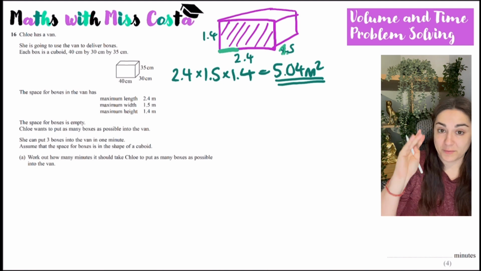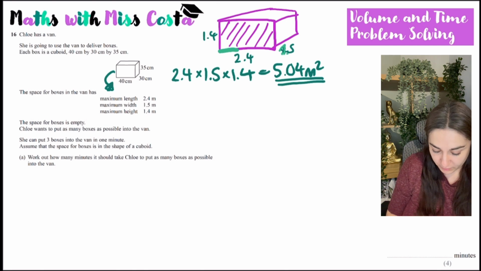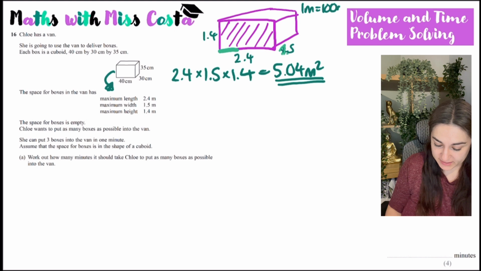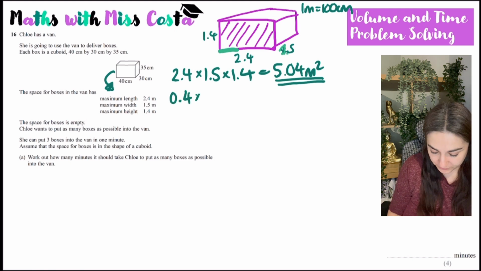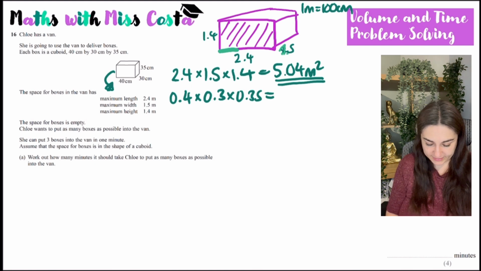So I know that the volume of the total van is 5.04 meters squared. The volume of the little cuboids, so let's turn everything to meters. Remember 1 meter is 100 centimeters. So we just divide by 100 to turn them into meters. You've got a calculator so it can do the work for you. So the small little cuboids would be 0.4 times by 0.3 times 0.35. And if I type that into my calculator, 0.4 times 0.3 times by 0.35 gives me